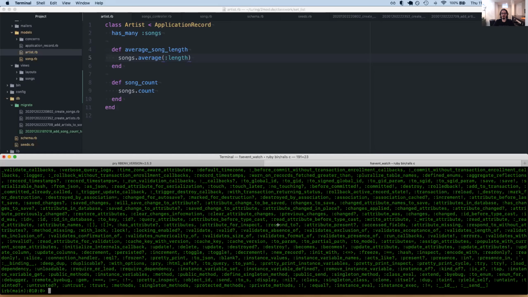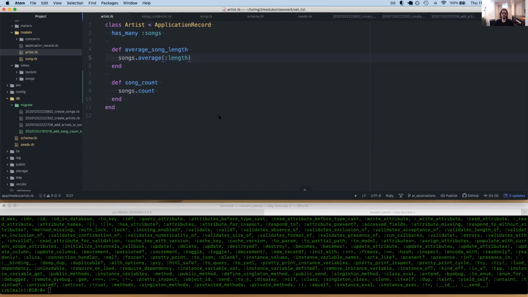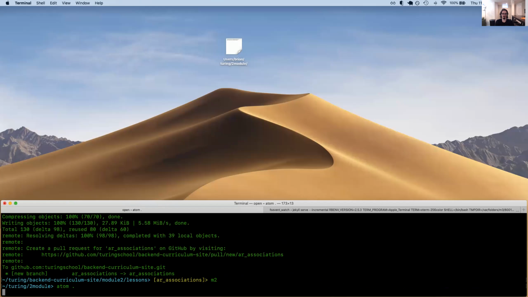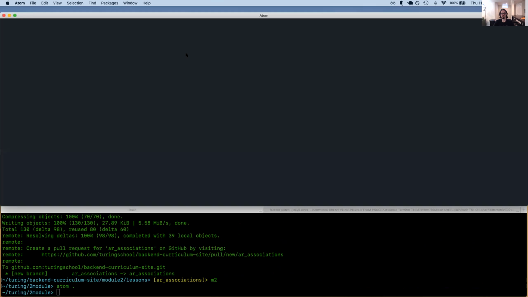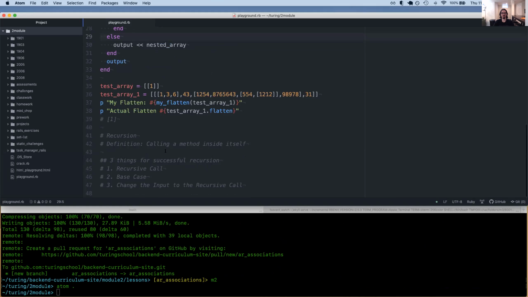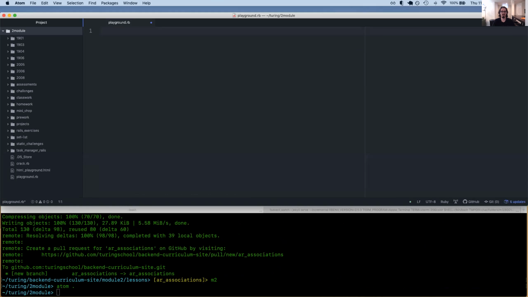Just like in mod 1, you'll recall, I think I have a playground. Okay, so if I'm thinking back just to mod 1 in pure Ruby, if I have a dog class like this,